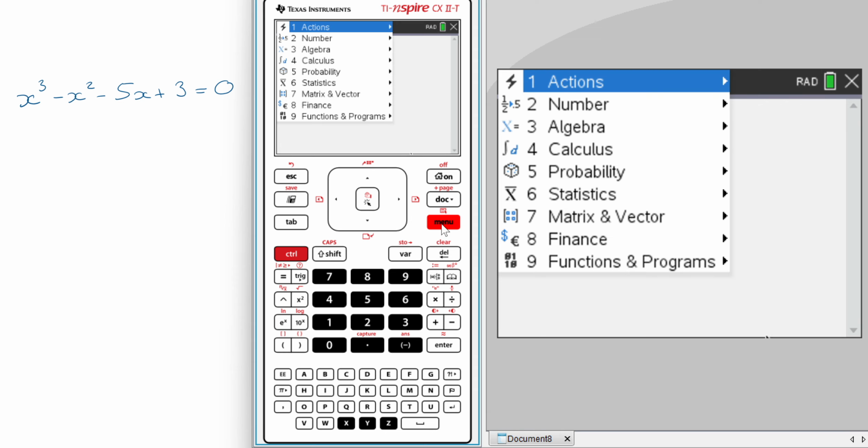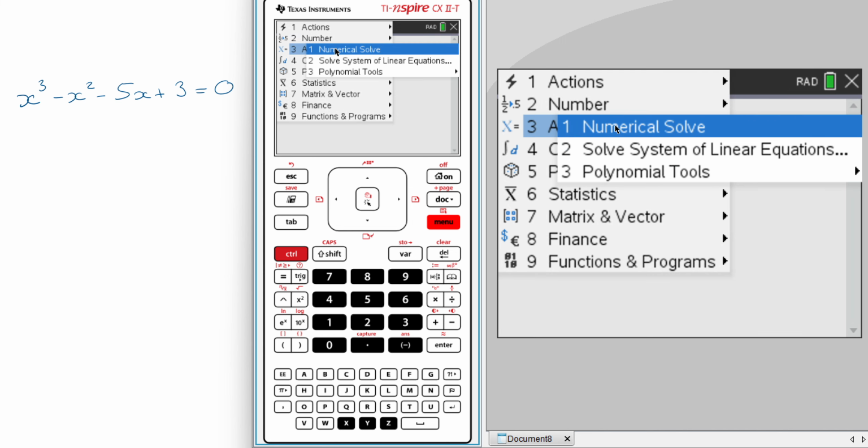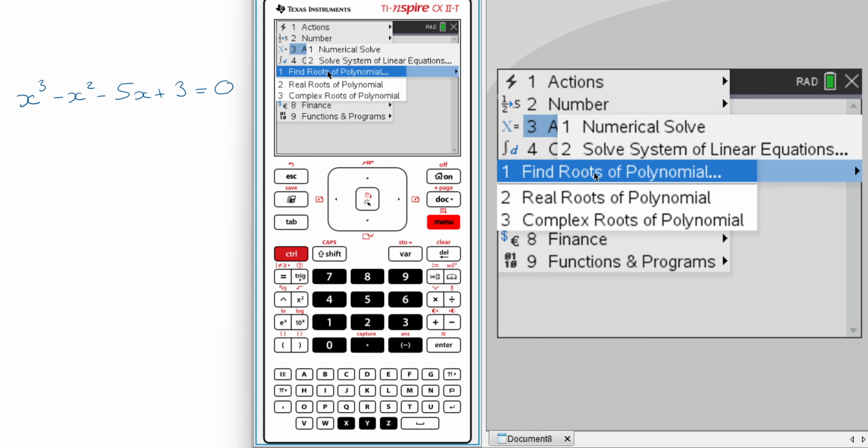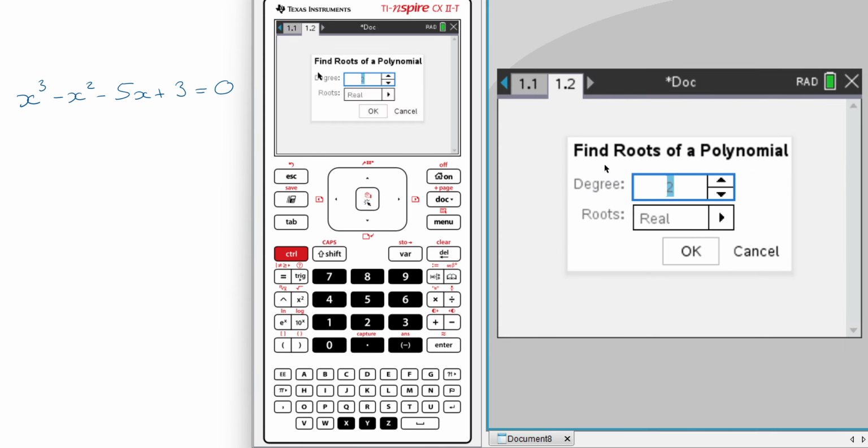So if I go to Menu, Algebra, and then Polynomial Tools and find roots of polynomial, I need to tell it the degree of the polynomial, so the highest power. In this case it's a cubic, the highest power is 3. And here I'm only interested in real roots. Where this becomes powerful is when you want to see some complex roots because you can't see them graphed. So for now we'll leave it as real because I can see that this has 3 real roots based on